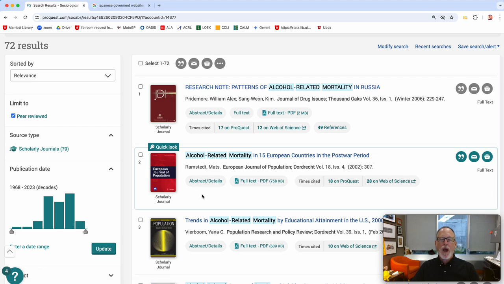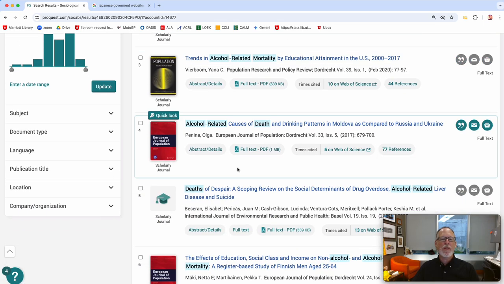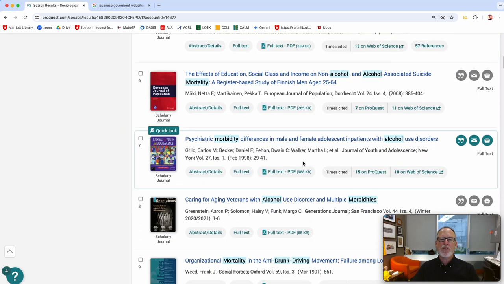But how are they gathering their data? You would have to dig through these and take a look. So this is one from Germany. Are they grabbing EU-related data from 2002? So take a look at those, go back and forth, but you might find some of these individual things.